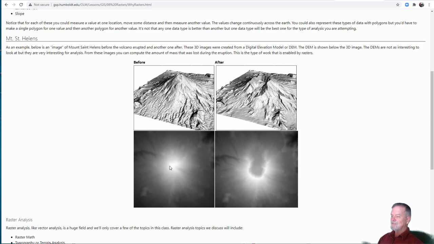So here we've got a digital elevation model of Mount St. Helens. We've got one before and one right after the eruption. Pretty cool data set. And here you can see the high values are at the peak of Mount St. Helens, and then they go down as we go down in elevation. Same thing here, except the caldera blew out and blew out to the north. We can see that here in this 3D hill shaded image. Pretty cool stuff. And now the high values are around the ridge that's remaining and then going down to low